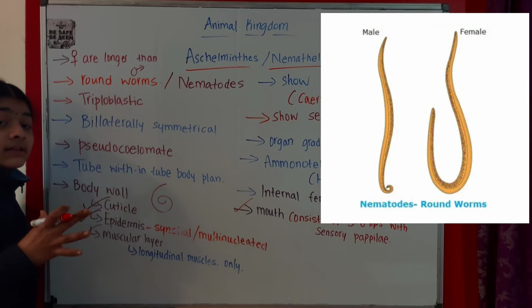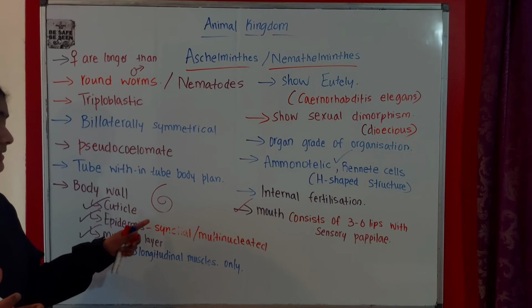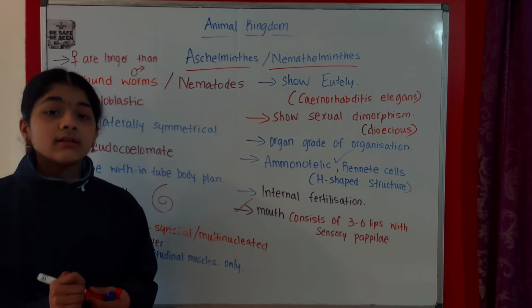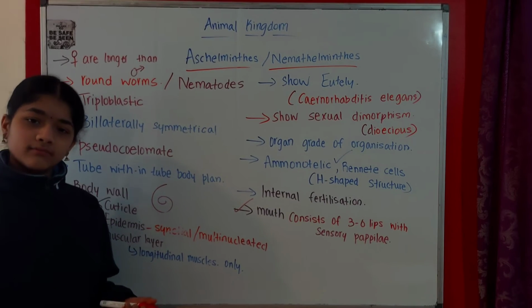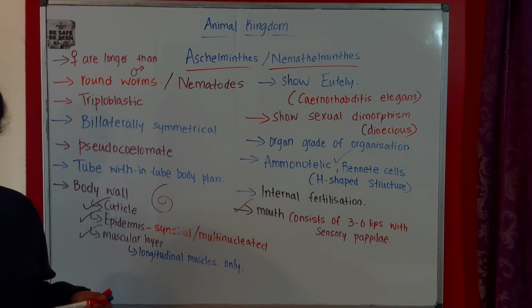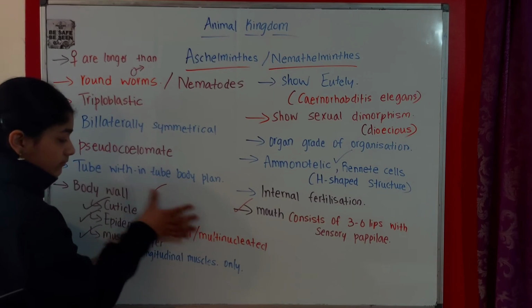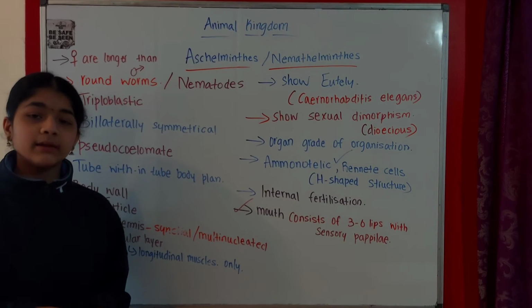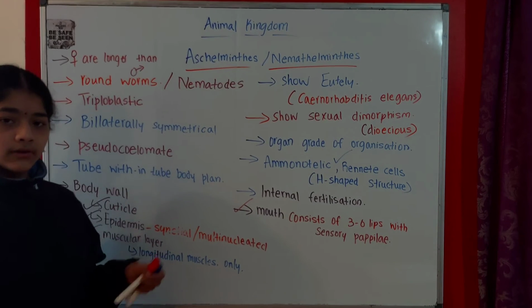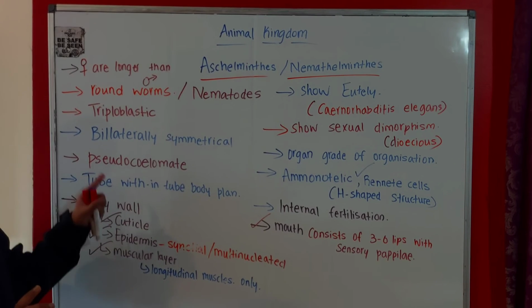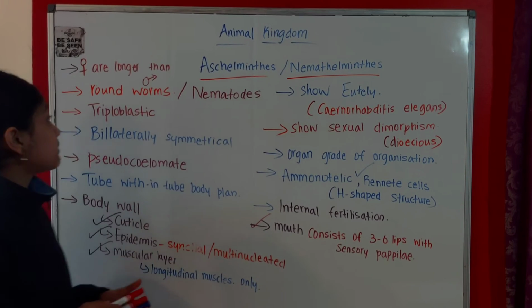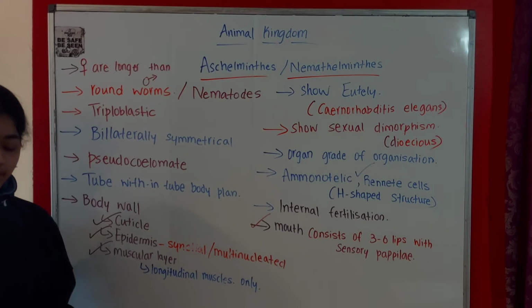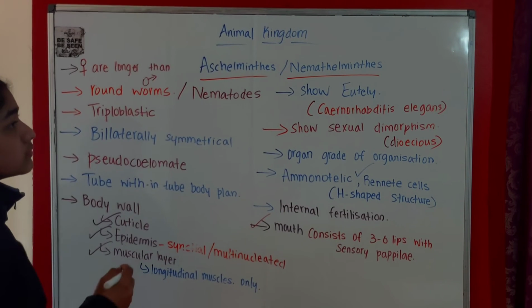Whereas females are a bit longer than males in comparison, and they are more or less straight. They are curved, but not as much as males. Males are coiled and so short compared to females, but females are long and straight, even though they have some coiling. So females are longer than males. This is one important thing, and we are going to talk about the examples now.